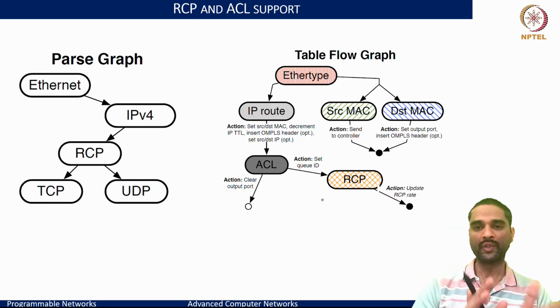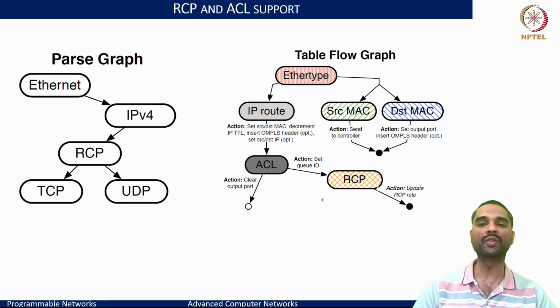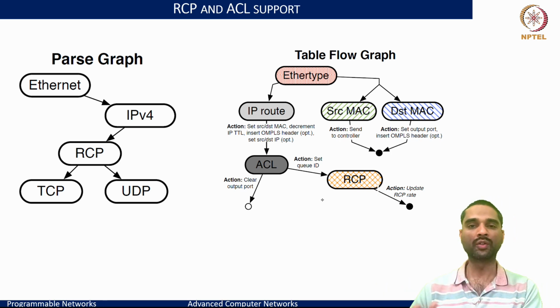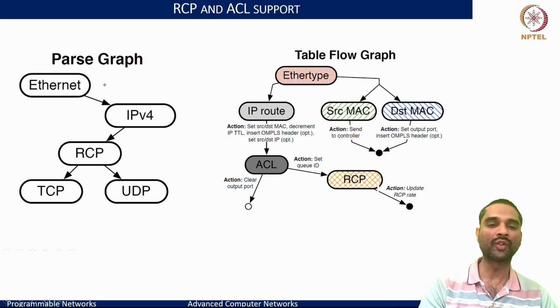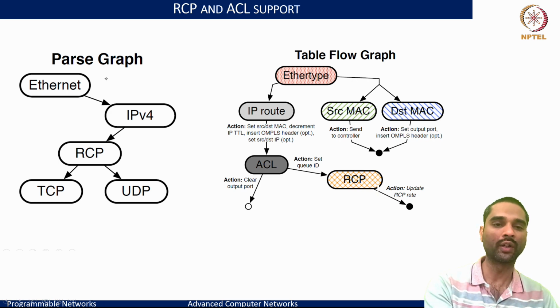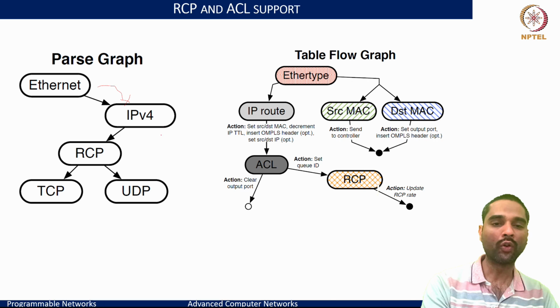And this parse graph and table graph have to be state machines that need to ensure that for each packet you are embedding this metadata to know what each stage is trying to do. And likewise, consider a simple parse graph which says we start at layer 2 with Ethernet and next up at layer 3 you match on the IPv4, and the layer 4 typically is either a TCP or UDP, but we want to match on a custom header